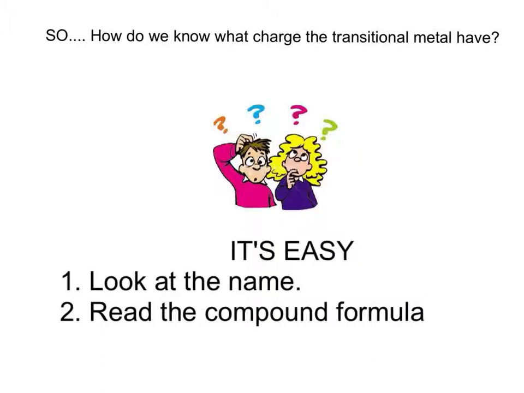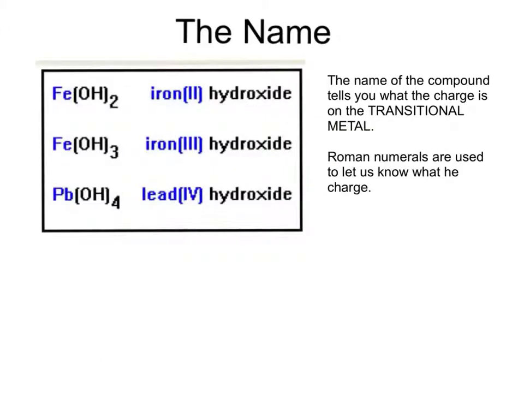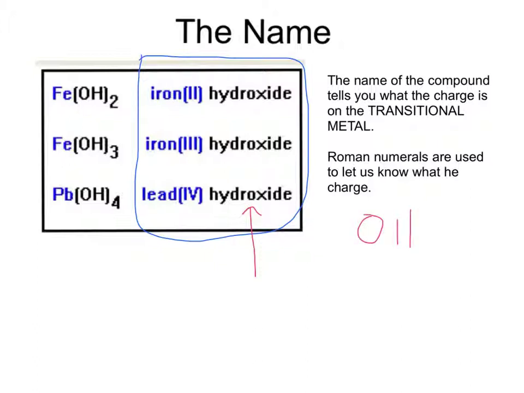So it's not as hard as it seems, although this is the biggest thing that most students miss on the first mandatory pass exam. They get this confused. So we're going to go through this, and you need to review this as much as you need to so this becomes solid. Now, if we look at the name, the names here are going to show us what we're combined with. As you can see here, these are all combined with hydroxide, and we know that hydroxide has a -1